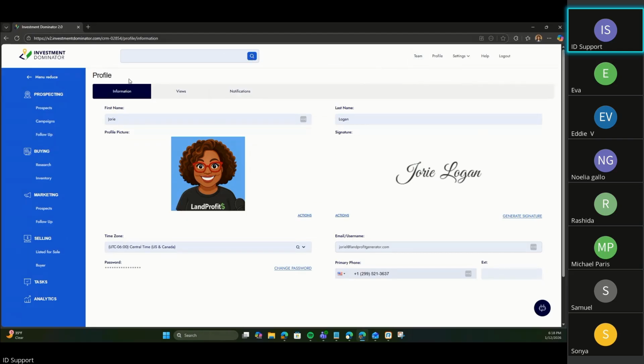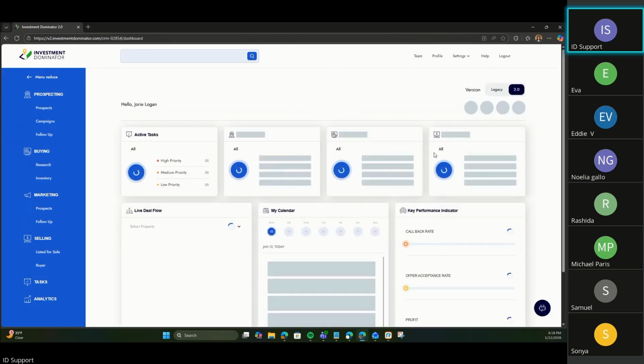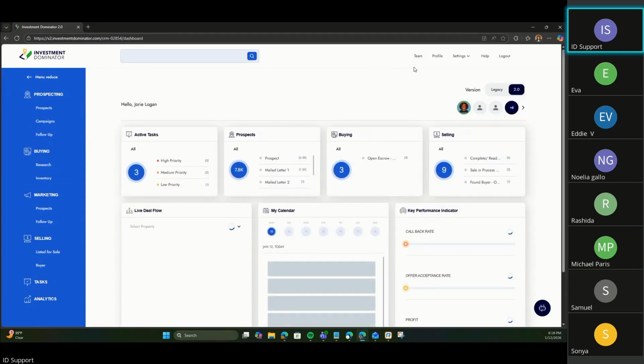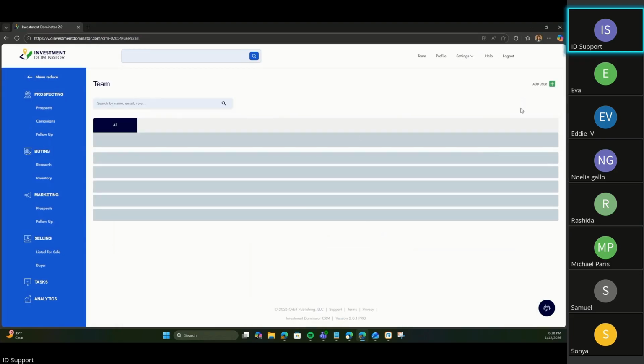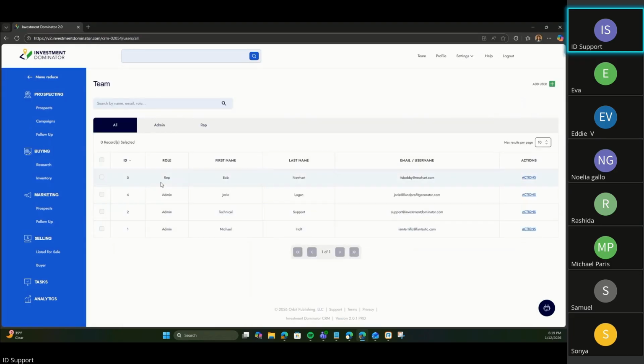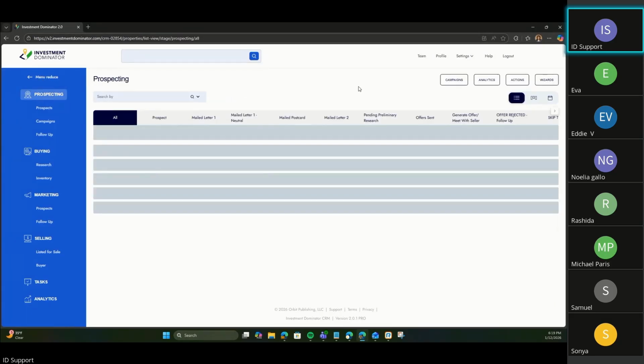All right. So going back to the homepage here, I kind of worked backwards here today. If you were working with a team, they would all be listed here and all their lovely faces, if they all have a picture. If you click here, it'll just take you to the team. You'll have roles for those individuals. So it depends on if you're working for a team, you can kind of change the settings for those individuals. Okay. All right.